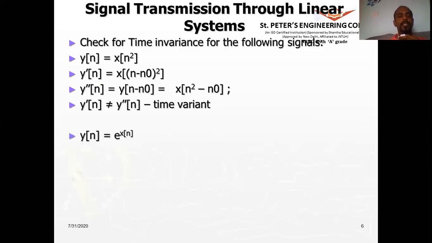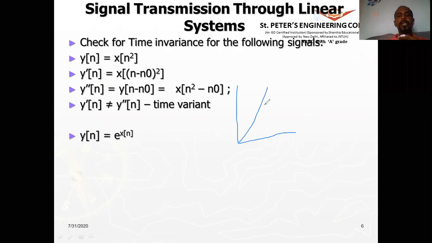We have seen this in linearity. Now let us check the exponential system. We saw in the case of linearity that it was not a linear system. Exponential systems are not linear systems. So what is a linear system? For example, if you plot the x and y axis and this is a straight line, we say that it is a linear graph, right? So there is a one-to-one correspondence. That is what is linear.